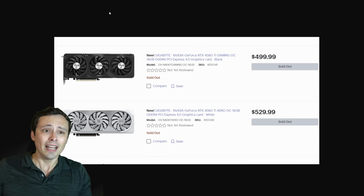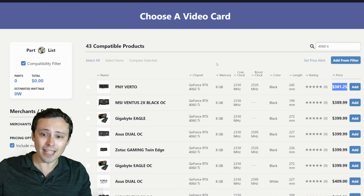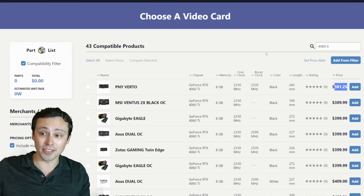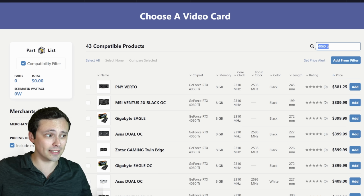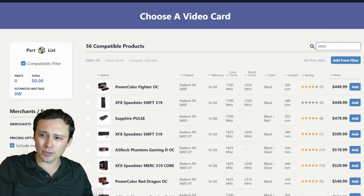Other than that, I'm hoping that the market conditions just push its price down. Because really, I think the 4060 Ti would have been more exciting if that 16GB version was the launch version. And then, if that came down to $380, then I think it might be a more exciting or at least reasonable product. Anyway, past this point, so if you've got the 6800 from AMD, looks like that's available right now at $450,